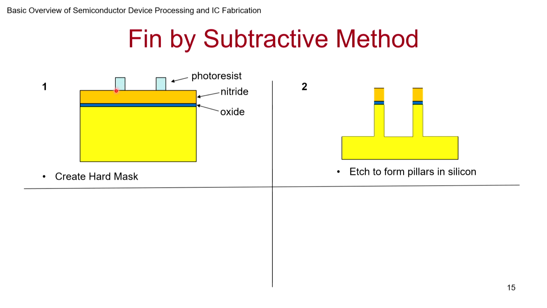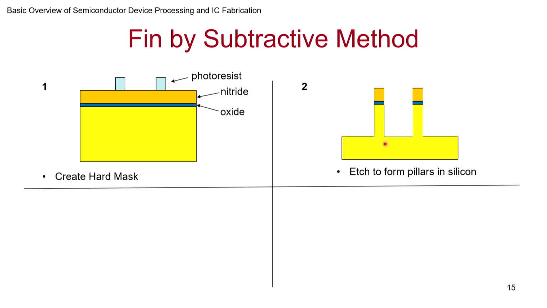With the help of the photoresist, you etch this nitride and oxide, and once that is there, this nitride and oxide will be a hard mask. Photoresist also can be used for etching, but during etching, photoresist also gets etched a little bit, and if you want to get a deep etch and a vertical etch, it's a challenge. So that's why you go for a hard mask.